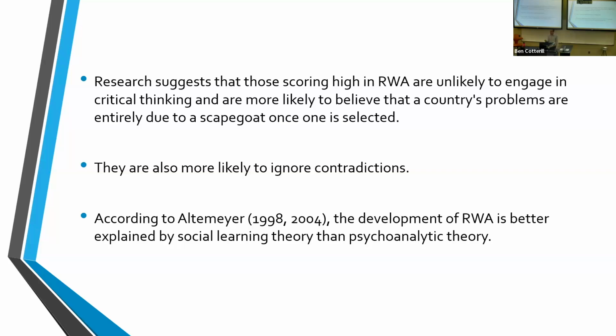So those who score high in right-wing authoritarianism are less likely to be critical thinkers. They're less likely to believe that all of one's problems are due to a scapegoat once that scapegoat has been identified. They're less likely to pick up on inconsistencies, okay? And